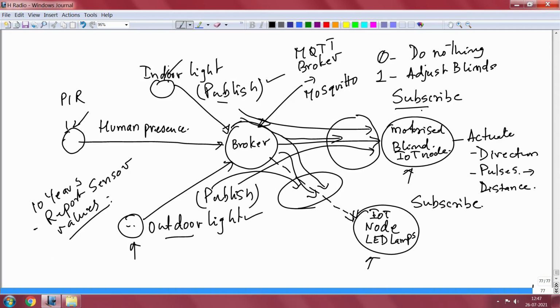Now this package is called the MQTT client, and look up Paho. Paho is a client. If you download it, it is very light.